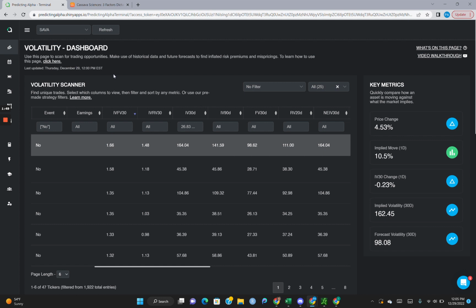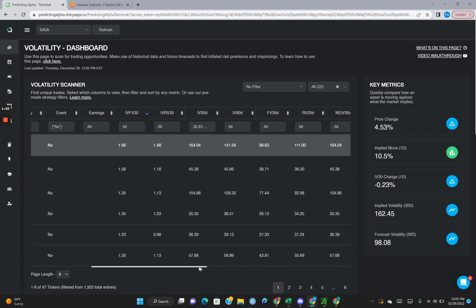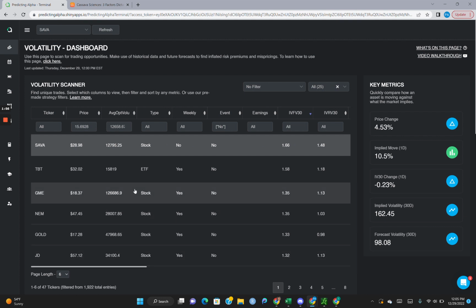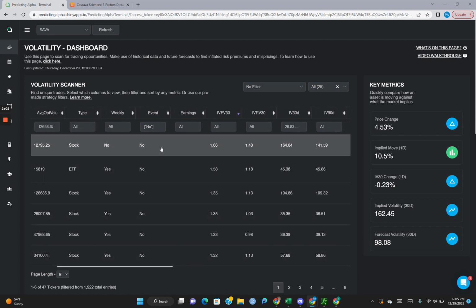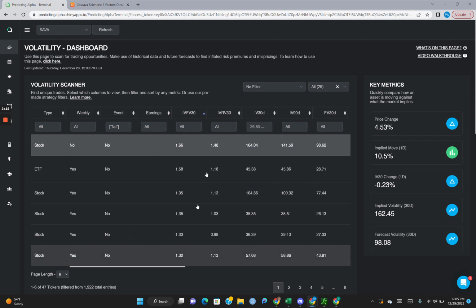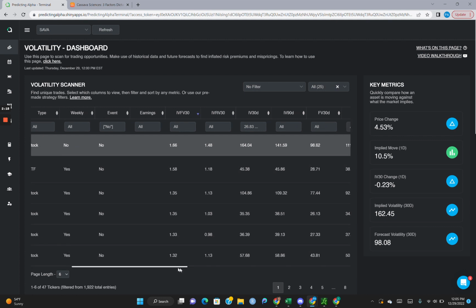First, let's go over the numbers, right? We're on the scanner here, and once again want to go over my scan for the newer guys. What you're going to see, again, is price, option volume. We want to find stuff that's decently liquid here to get in, get out. Do not want something with an event. We want to sort the IV 30 versus the forecast volatility ratio, which basically says how much is this individual stock implying for its next 30 days versus what we think, what our forecast thinks, right?